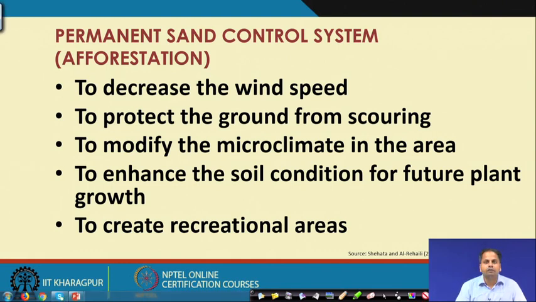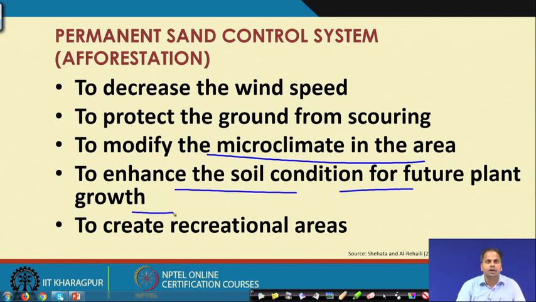If there is proper afforestation or establishment of tree cover, then it can modify the microclimate in that area, and also enhance the soil conditions for future plant growth. So these are the goals of the permanent sand control system.